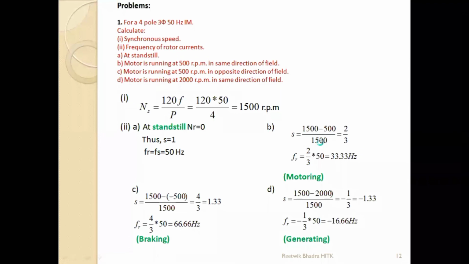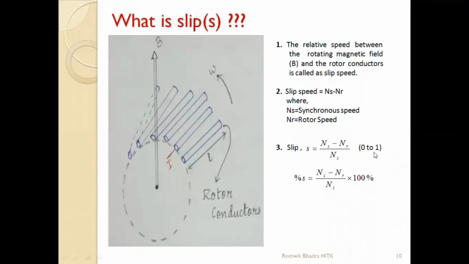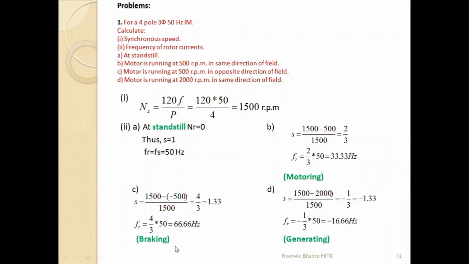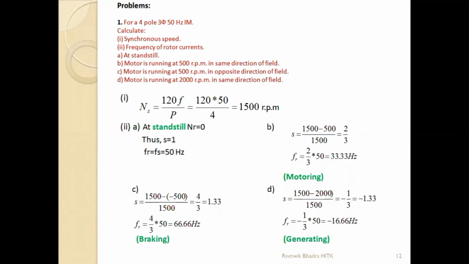So that's why in the previous slide, someone was asking about 0 to 1. Since we are studying the induction motor, we are using slip 0 to 1 only, 2 by 3. Any other modes will give you braking and generating, which we'll study later in torque slip characteristics. Okay. It's a very simple problem. You need to understand the direction of rotation, put the values, and calculate the frequency.